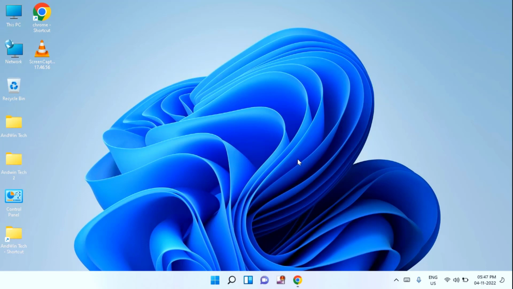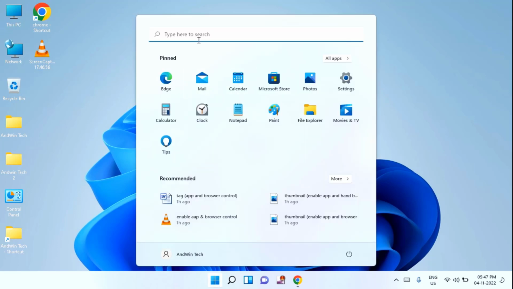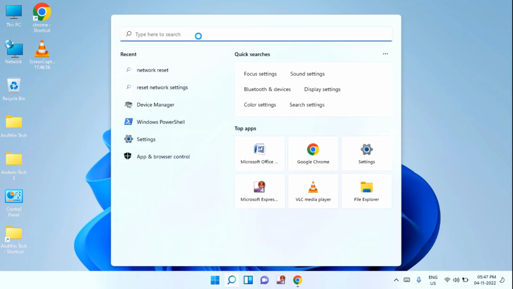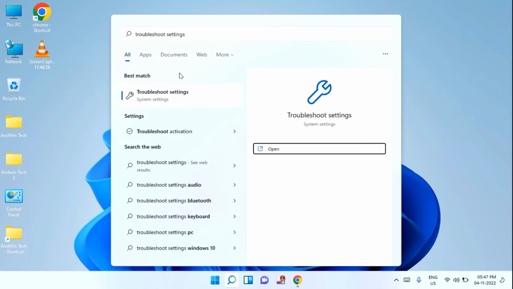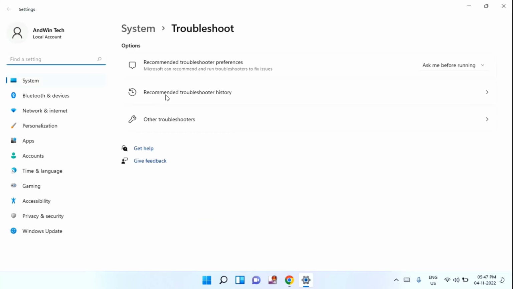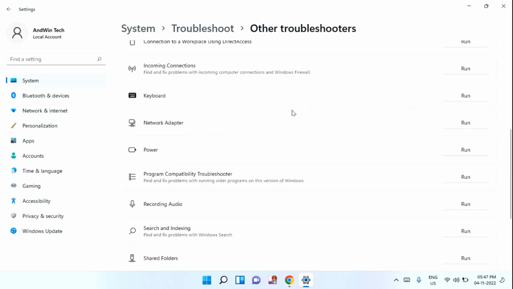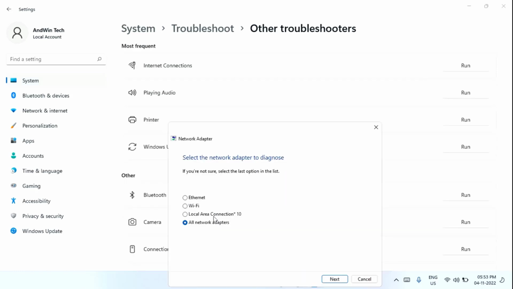So let's start the video. Guys, first of all you need to click on the start menu, then type here troubleshoot settings. Click on troubleshoot settings. In this you can see other troubleshooters. Click on other troubleshooters. Guys, after that you can see here network adapter. Just click on run. Just select any one of the adapters and click on next